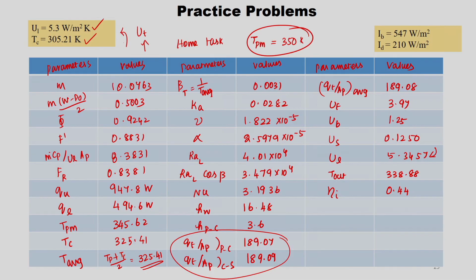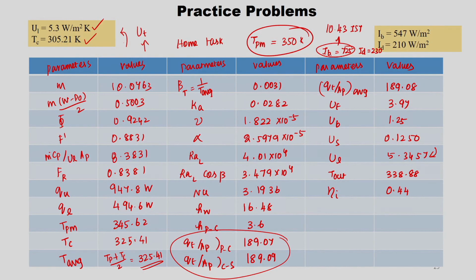And one more thing I would like to emphasize here is that for the Indian Standard Time of 10.43, the values we have taken, IB as 725 and ID as 230, are for a very hot environment. Normally that may not happen around 12 noon. You might get this high radiation in watt per meter square, this also we discussed. Here we have taken this value just to show you the performance analysis. Even for that high IB and ID, the instantaneous efficiency we got is 0.44 only.